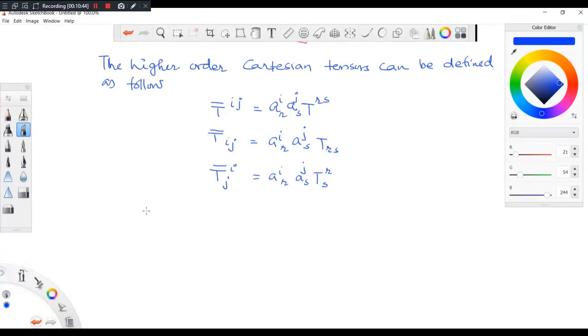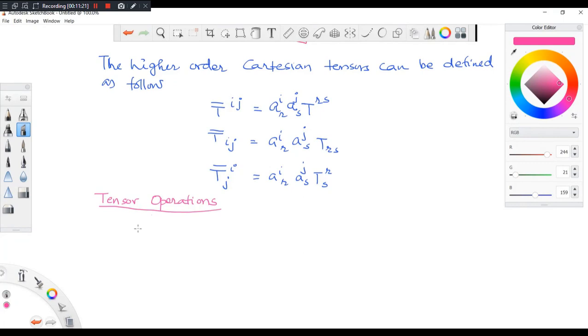Now, if tensors, vectors, suppose you have two vectors, you can add two vectors. You can multiply a vector by a scalar quantity. Okay, so can we do the same thing for tensors also? So that is what you are now looking. What are the tensor operations which you can make? Addition, subtraction, multiplication, all these things are possible or not. Okay, so these are tensor operations.